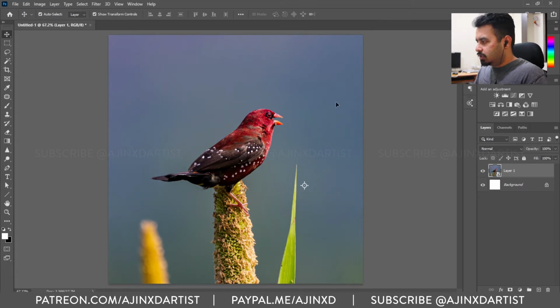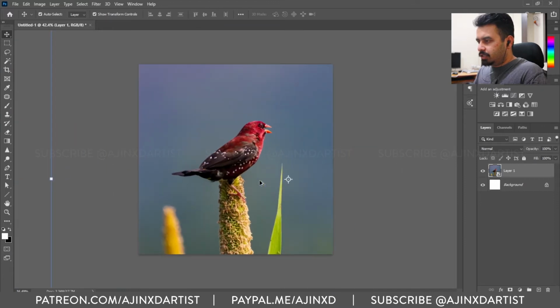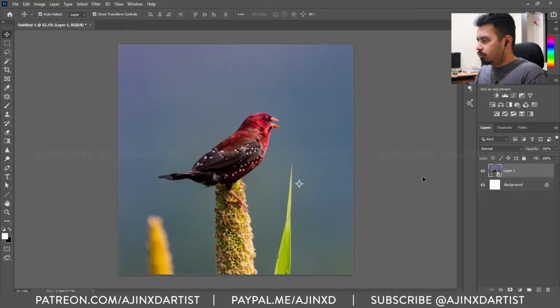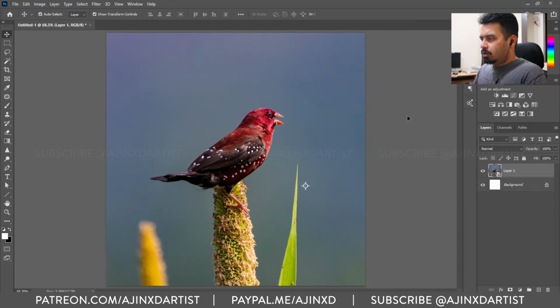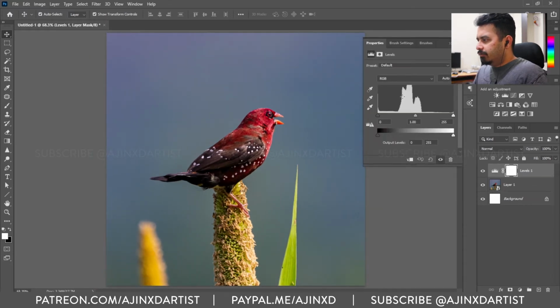So far I've just applied the frame size and converted our photo into a smart object. Okay, we'll add levels quickly, adjust it as per your liking, continuing with the contrasting effect. I think the more you punch in the blacks and the whites, the more it amplifies the image. So for this effect, we are just pushing back all the whites and creating a darker overlay on our image.